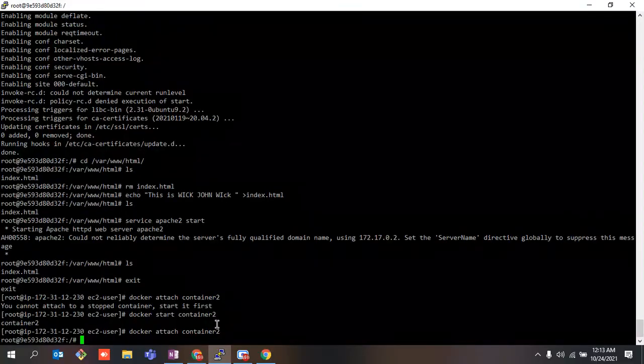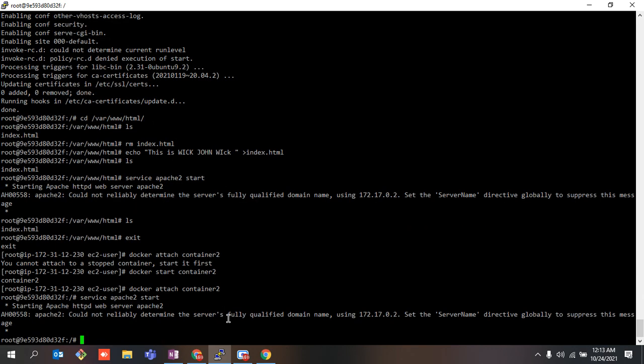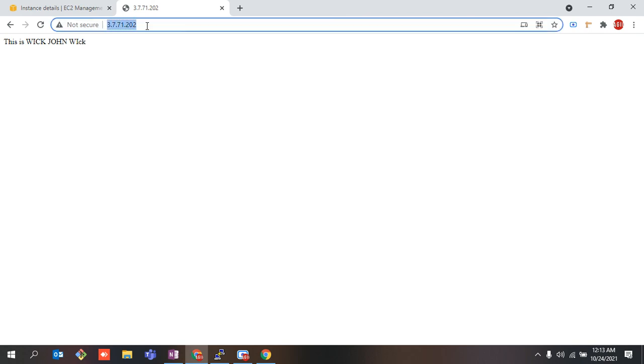I think the service again needs to be restarted. So service apache2 start. So I've demoed it to you twice, and it is working fine as of now. This is the reason why we expose the ports of our Docker, because our Docker container was containing this application which was working on this particular URL.